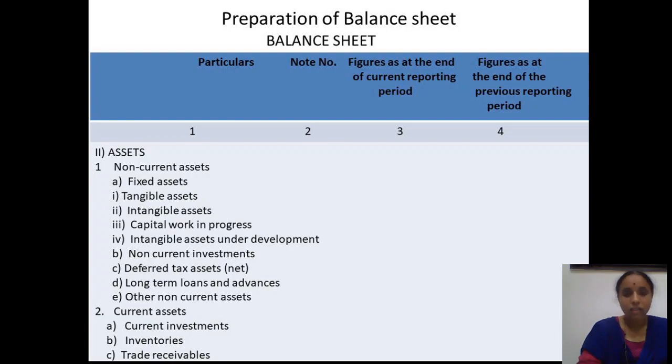So these are the different aspects or different assets and liabilities taken one over the other. In this particular format only we are going to write the balance sheet. So this is a vertical balance sheet wherein we need to follow these according to Schedule 3 of the Companies Act. We need to follow these steps.